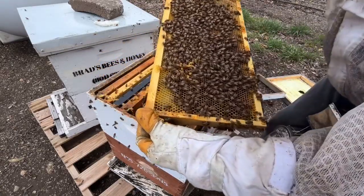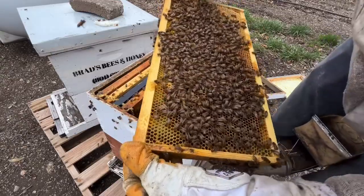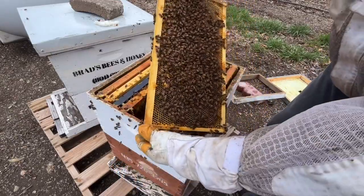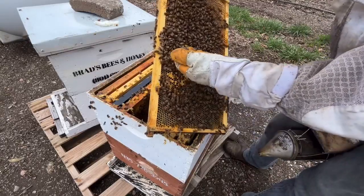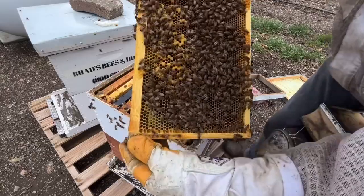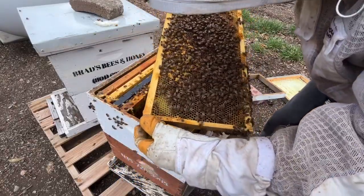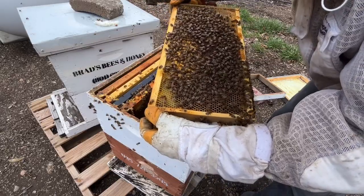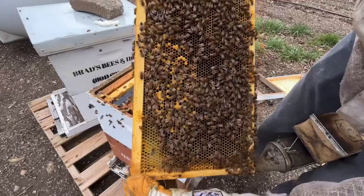See, there's the queen. There's the brood. You can kind of tell it's all raised up. Wish you could see down in there, because the eggs are strategically placed. They're not all scattered everywhere. I know you can't see on